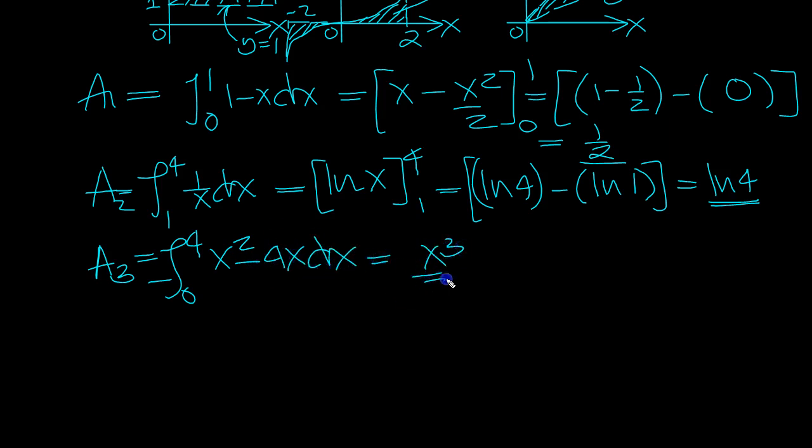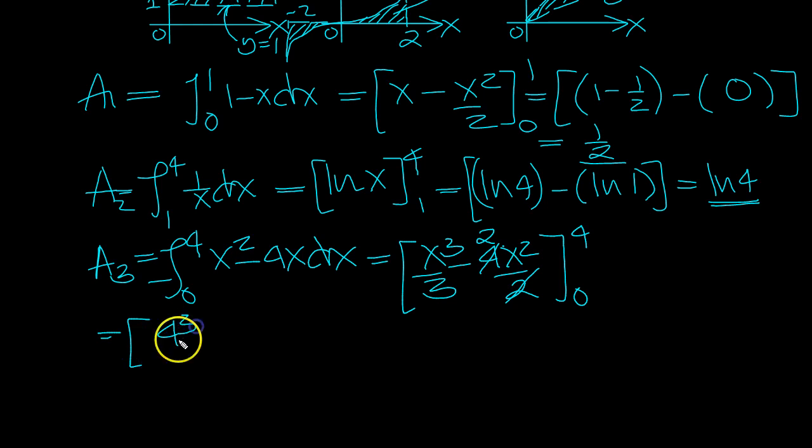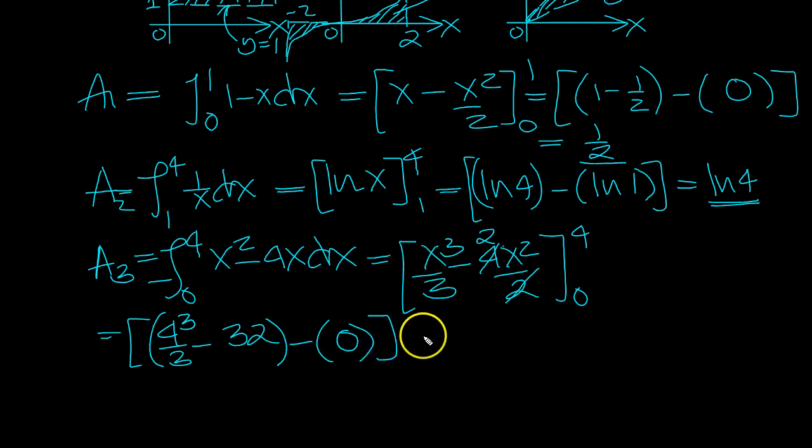x cubed over 3 minus 4x squared over 2, which is just 2x squared between 0 and 4. So I'm going to cancel that, put 2. So that's equal to top value, 4 cubed over 3 minus 4 squared is 16, 2 16s is 32. That's 4 cubed, that is. I better write that more clearly. That's the top value. Take away the bottom value, which is 0, because they're both zeros, and that's equal to